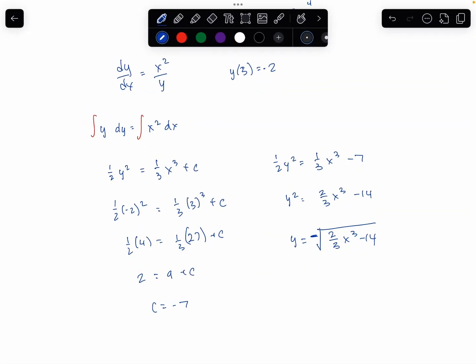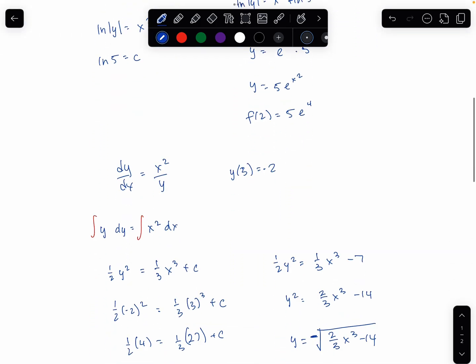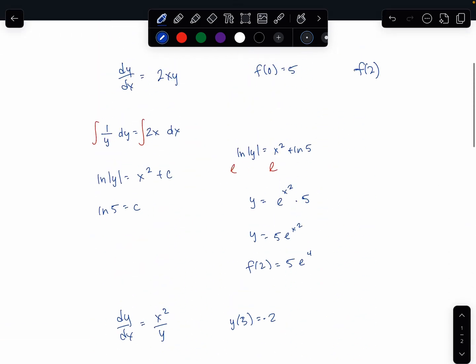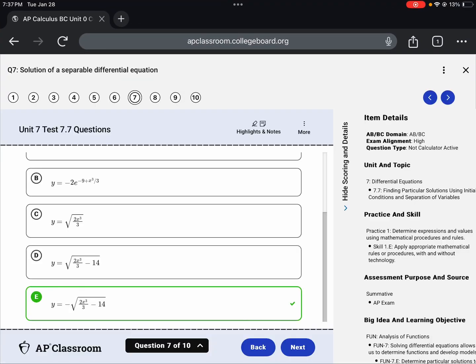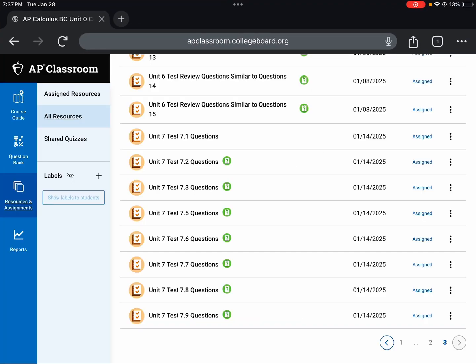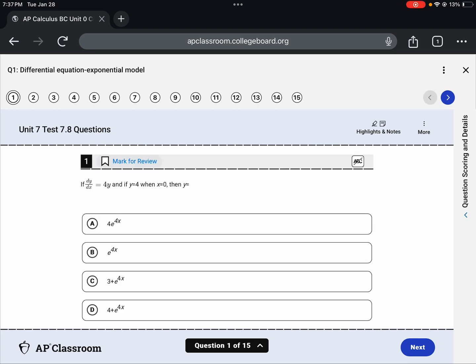If there are any other ones that you guys want me to do, just reach out to me in email, and I can do more of these, okay? But kind of running low on battery if you guys can't tell, so let me move on. So 7.8. So for 7.8,